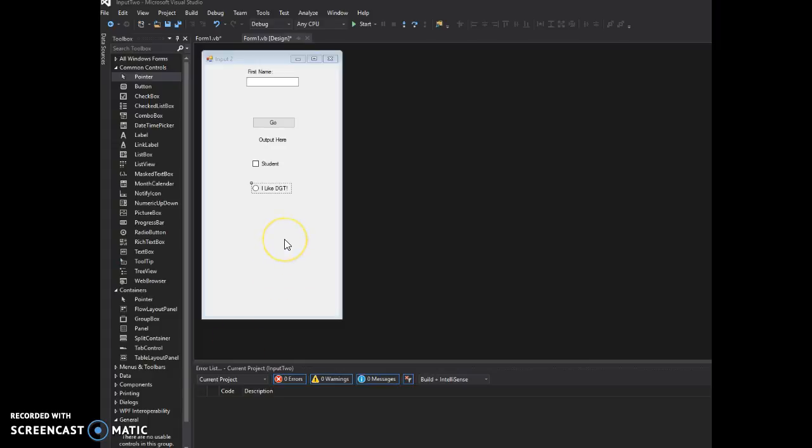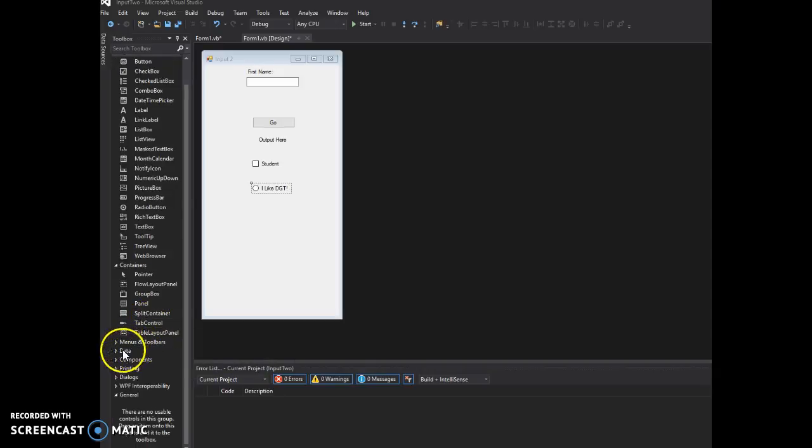Okay, so the beauty of understanding how to store values or property values of an object in a variable is now I can do them with anything. So if I find myself dealing with checkboxes or radio boxes or progress bars or panels, any data that I'm dealing with, menus and toolbars, I can store just about anything I want in a variable now. Alright, so let me just show you what I mean. So when I click this button,